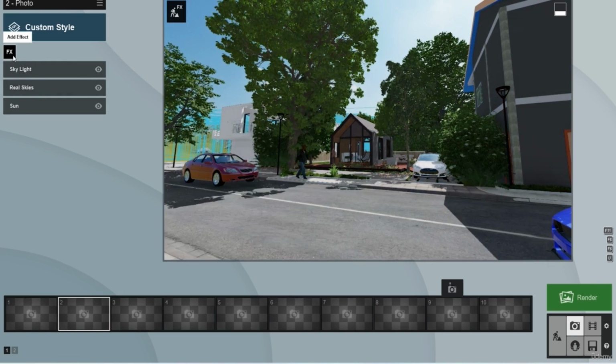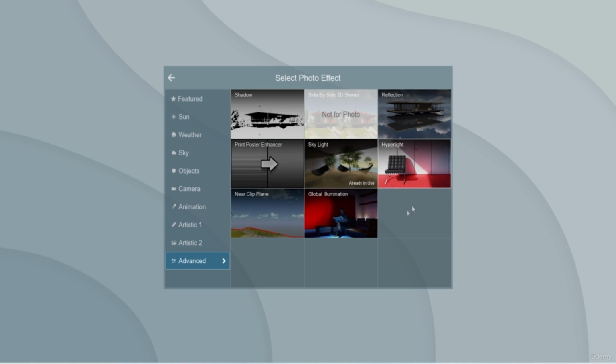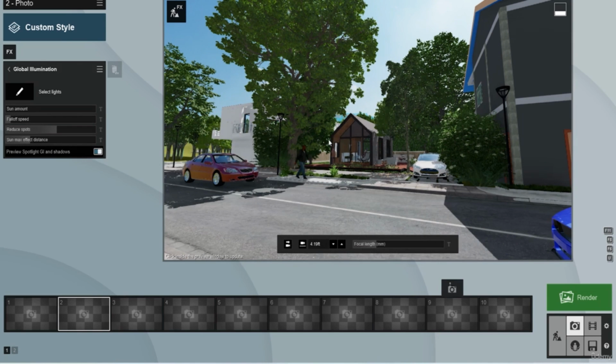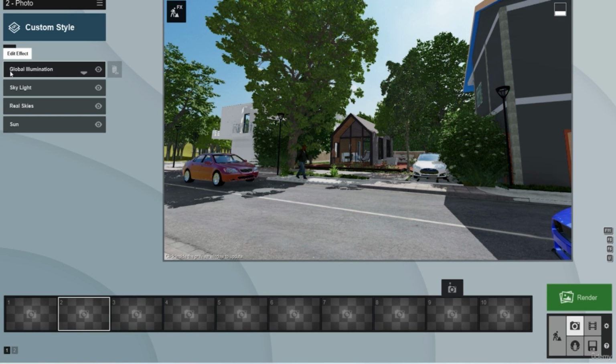And one of the important things in Lumion is global illumination. You have to go to advanced here. This will show how these settings will act according to your real life scenarios, because when an object is hit by a sun ray, this effect will enhance the realism of that reflection by the global illumination. Okay, and